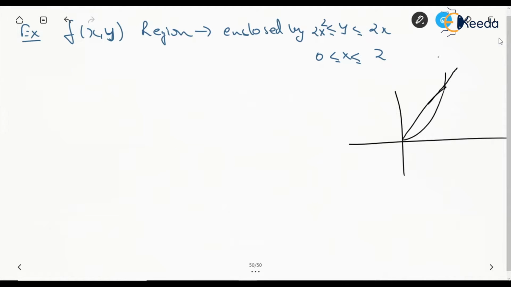This one is y is equal to 2x, and this lower one is y is equal to 2x square. If we find the intersection point, it is going to be 2 comma 2.